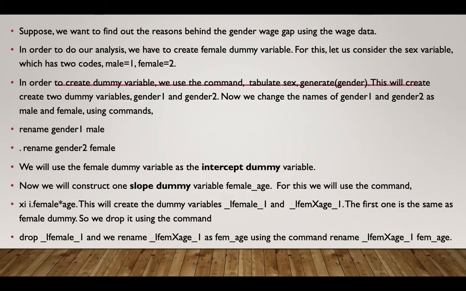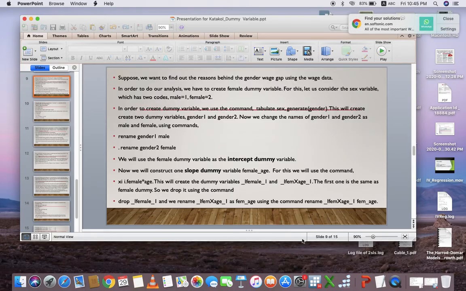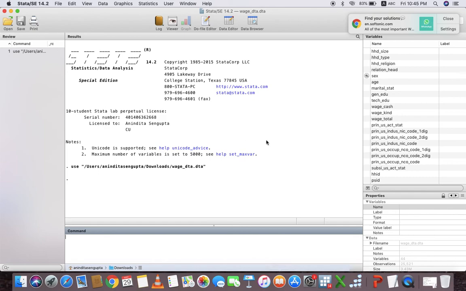Suppose that we want to find out the reasons behind the gender wage gap using the wage data. In order to do that, first of all we have to create the female dummy variable, the gender dummy. So, in our wage equation, open the wage data. We have one variable, sex, and it has some codes.